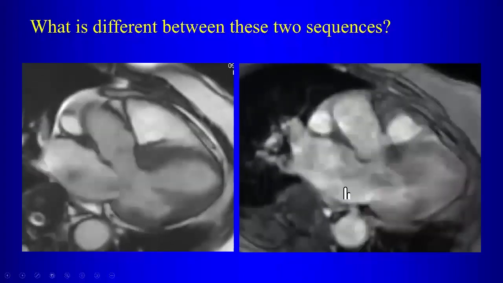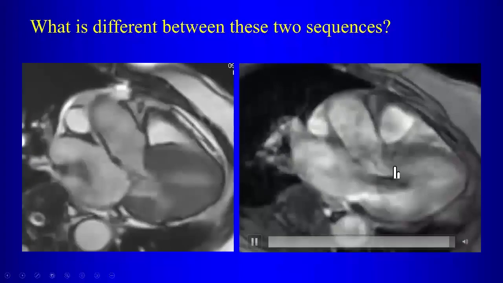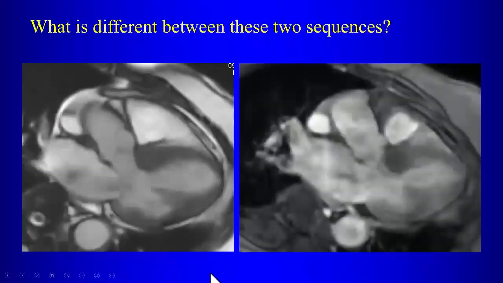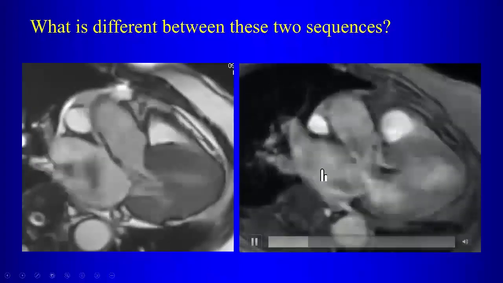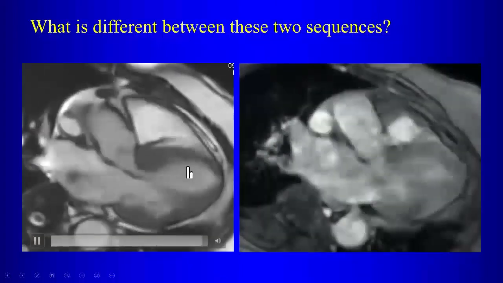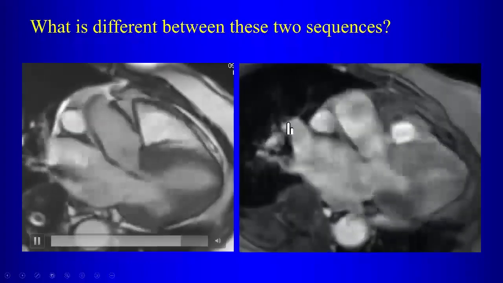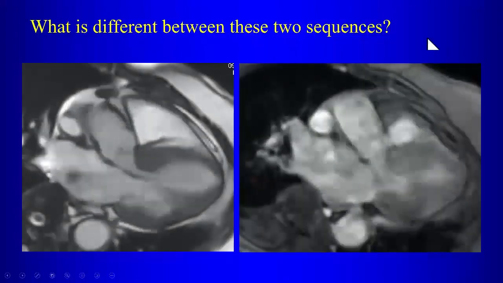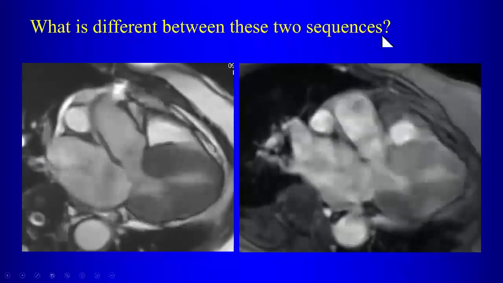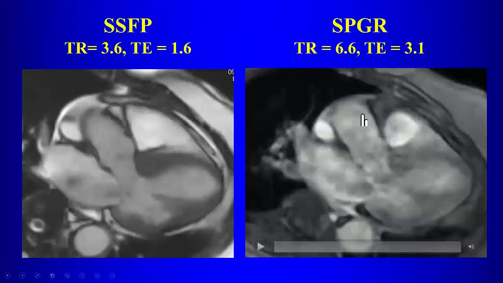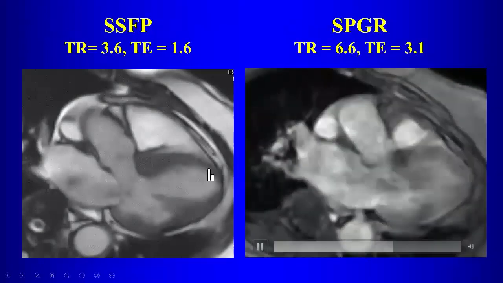Why is it that we can see the turbulent flow here much better on this sequence than we can on this sequence? Because this is a spoiled grass? This is a spoiled grass sequence, right? And this one is? SSFP? This is SSFP, right. This is Fiesta. And so that's a difference between those two sequences. So, same patient as I've said. So with spoiled grass,